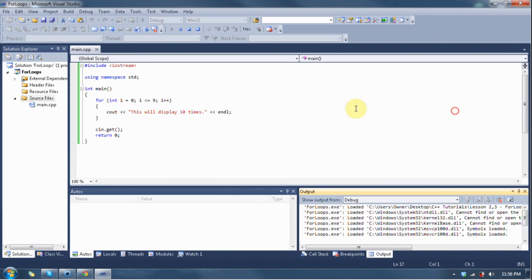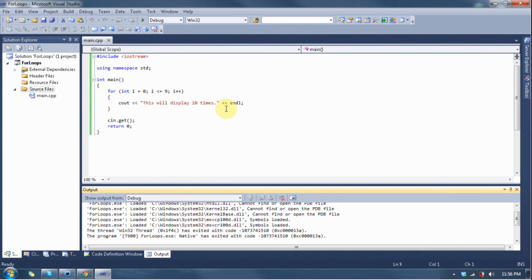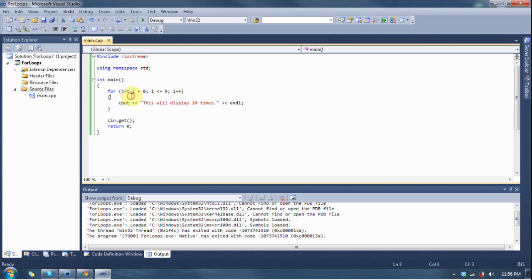So this for loop works just like the other 2, except it automatically increments itself, and it has a variable built inside just for that purpose. Now, you can put iterators inside here, you can put integers, doubles, floats. I'm pretty sure you can put characters in here. In the condition, not